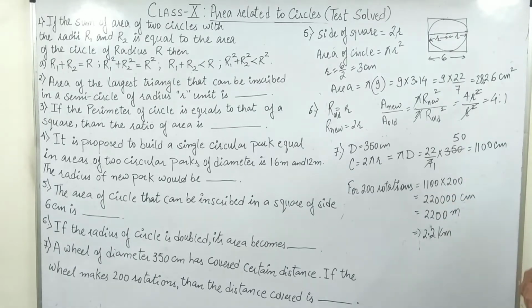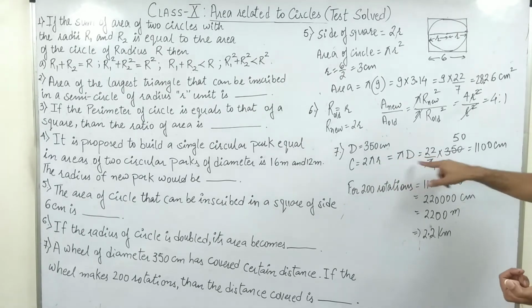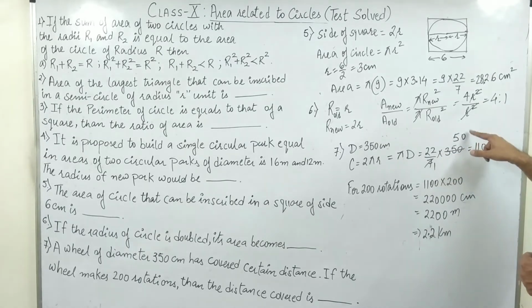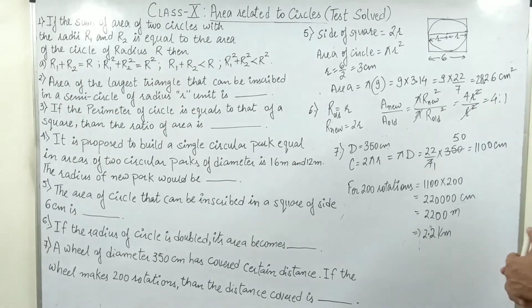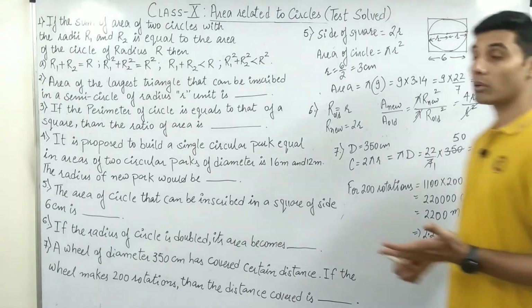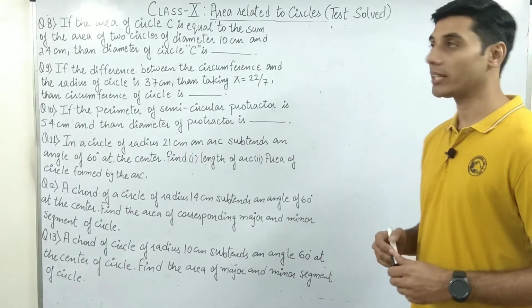A wheel of diameter 350 centimeter, so pi into d, 2 into r का मतलब diameter होता है. So pi d, pi की जगह पर 22/7 into diameter is 350. 7 5s are 35, 0. 22 5s is 110. Okay, and then one more 0, so centimeter, that's right. So for 200 rotations, this is going to be the answer. Got it? Next पर बढ़ते हैं. Okay, so let's now continue with question number 8.